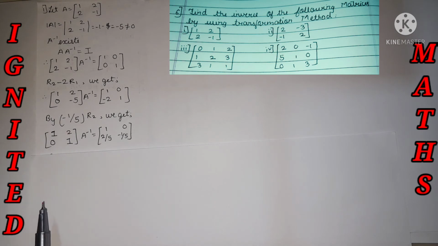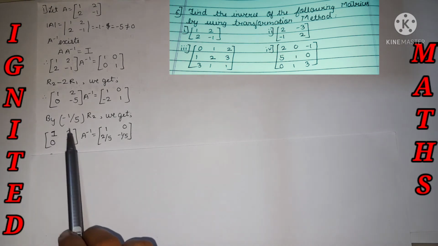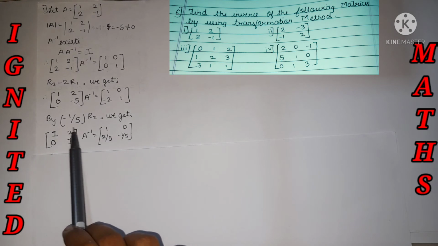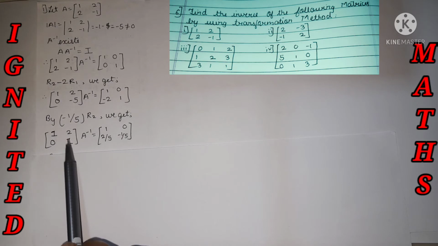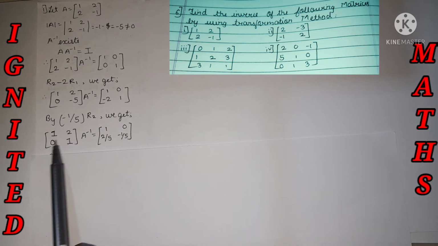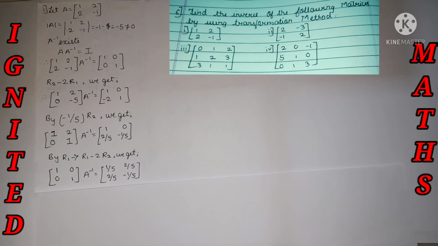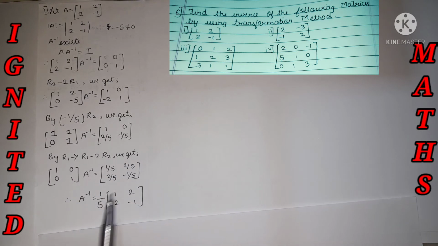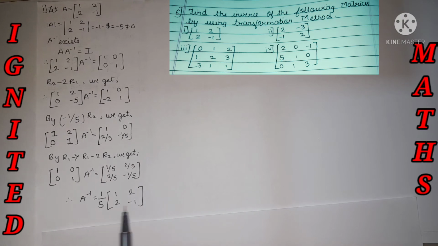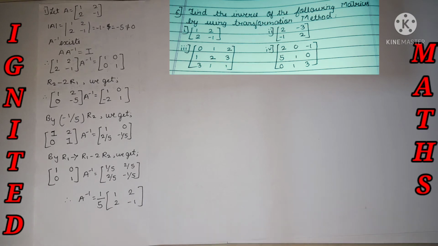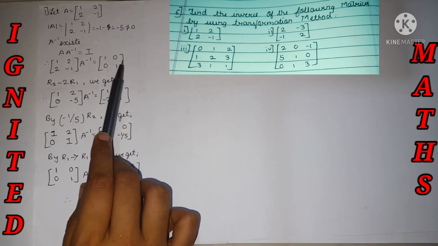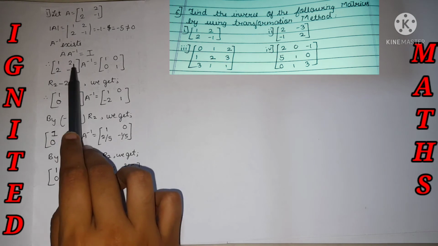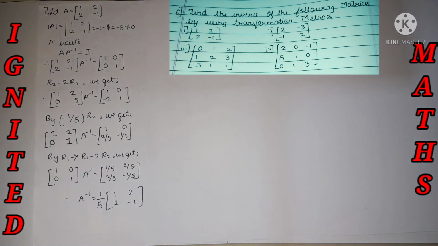Now only the last operation may be left. I need to bring this one to 0. So 2 minus 2 is nothing but 0. R1 minus 2 R2, just operate it and we will get the answer. And so A inverse is equal to this: 1 by 5, I took it as common, and we got the answer. I have done the operation over here, the same operation over here, but we need to bring this value in the form of 1 0 0 1 and we got the answer.